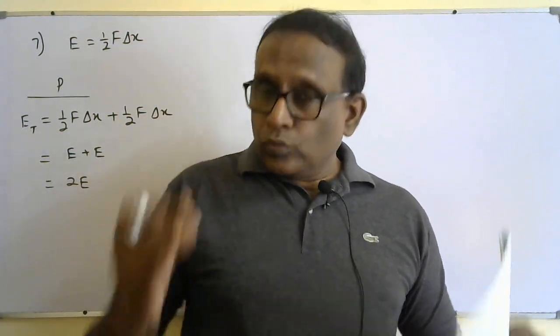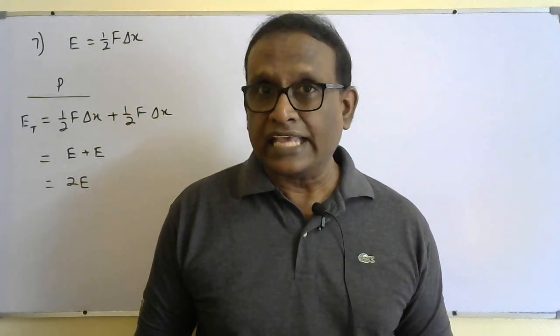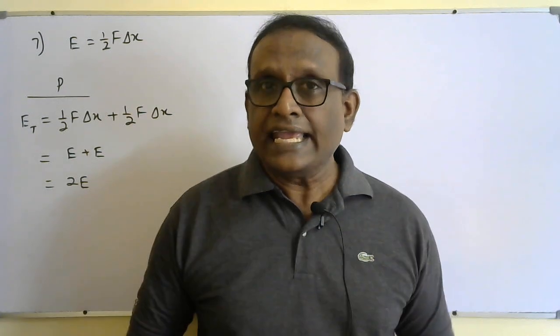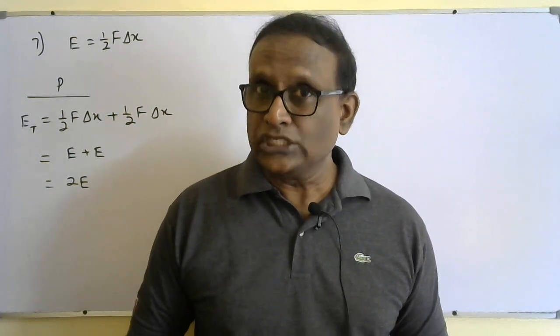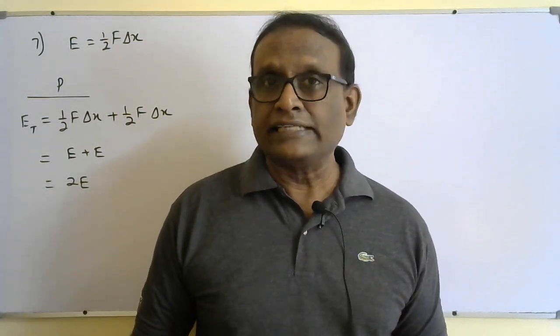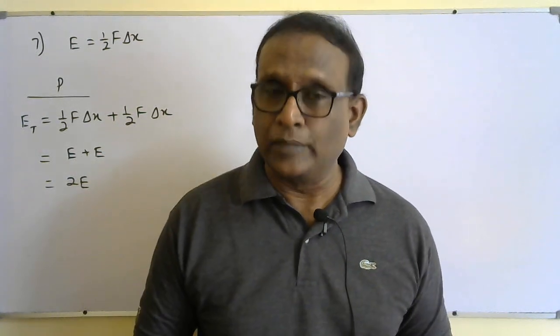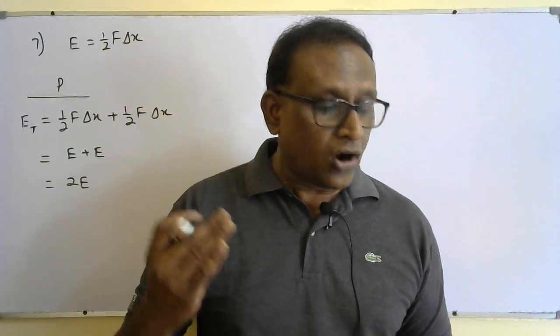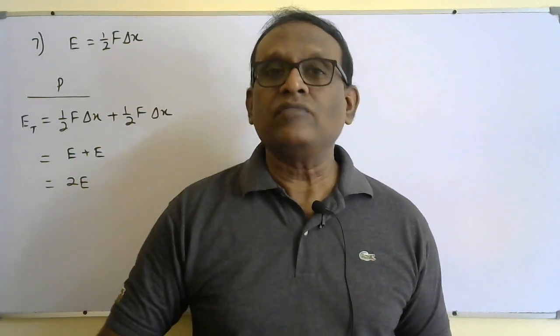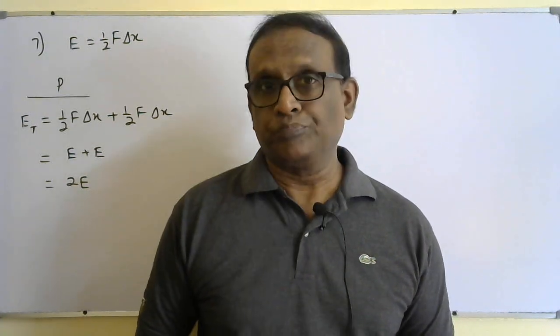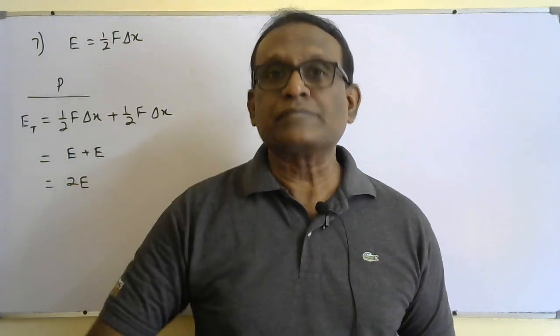One spring, when it's subjected to a force F, if its extension is delta X, when the same spring has tension F by 2, then the extension will be half of it, because the force becomes half, so the extension also becomes half. So on diagram Q, each spring will have extension delta X by 2, and each spring has